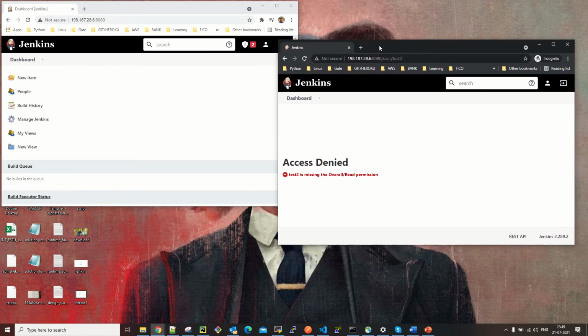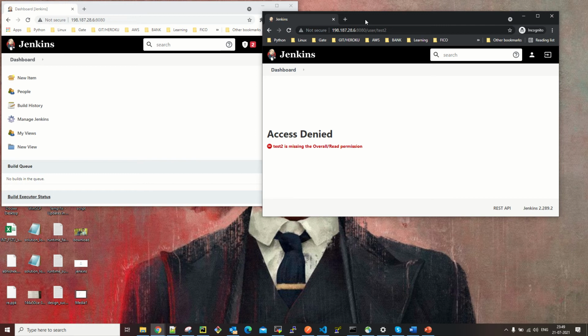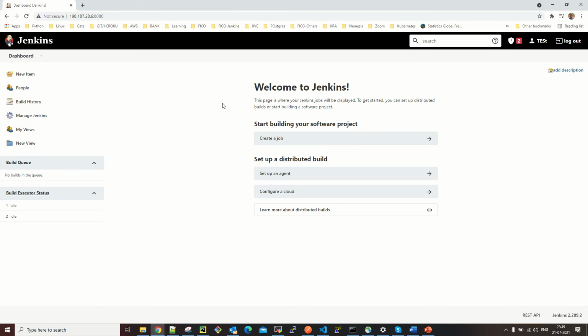We will be discussing how to create a role in Jenkins, how to assign a role to a particular user, and how to decide its permissions and rights. In order to filter users on the basis of permissions, there's a plugin which is helpful.